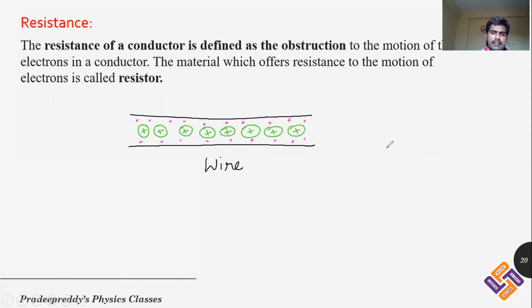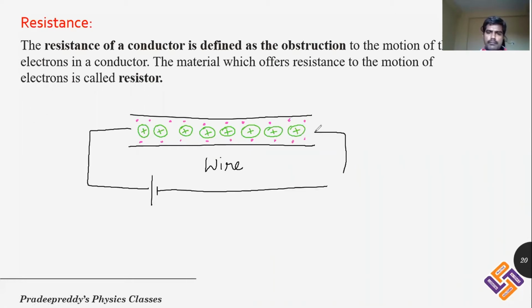Students, we have a wire, and in that wire there are free electrons, and electrons are denoted with pink dots and ions are denoted with green circles, right? Now what would happen when you are connecting this with a battery? So you are taking this wire and you are connecting it to a battery. When you connect it to a battery, immediately there is some electric field setting up in the conductor, and that electric field will be from positive to negative, and this is E.